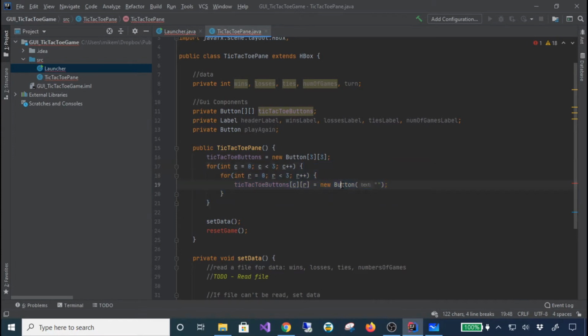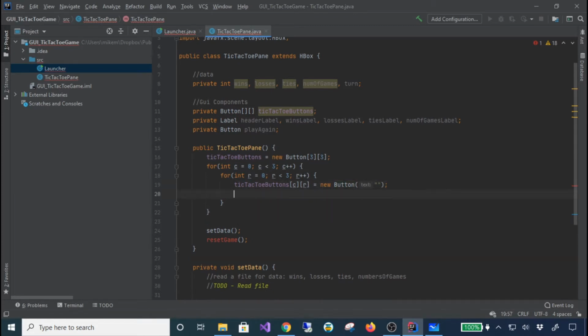Okay, well, I'm thinking we should probably move all this to the reset game, but here we're actually instantiating the objects, and I guess it would be bad practice to instantiate the objects every single time we play a new game. So the only time we really want to instantiate these objects is the very first time the pane is being instantiated. So we'll go ahead and instantiate them here, and maybe set some values for some of this stuff. So for instance,